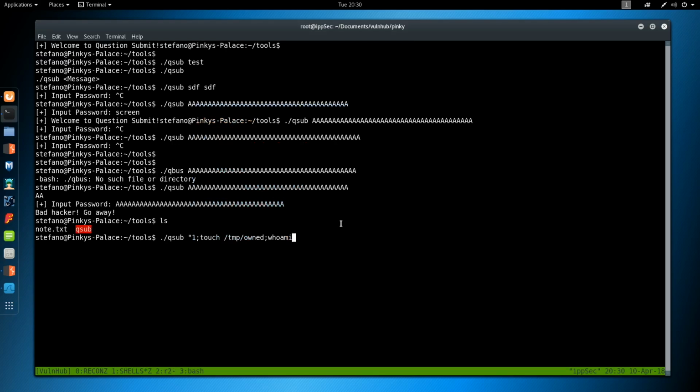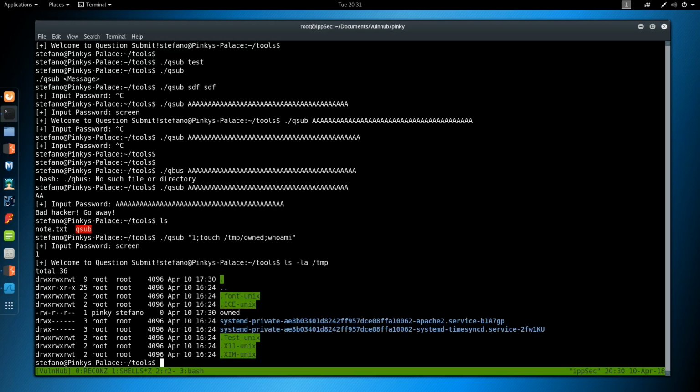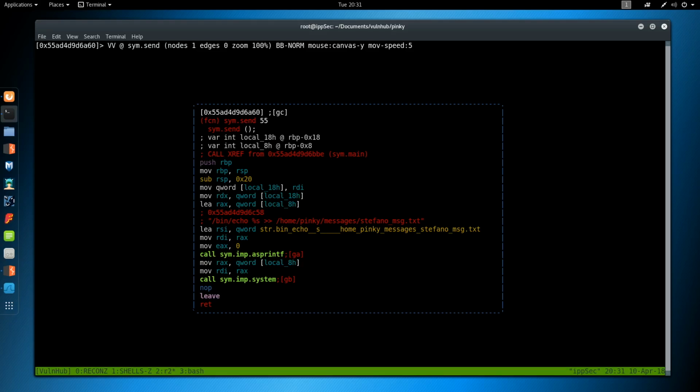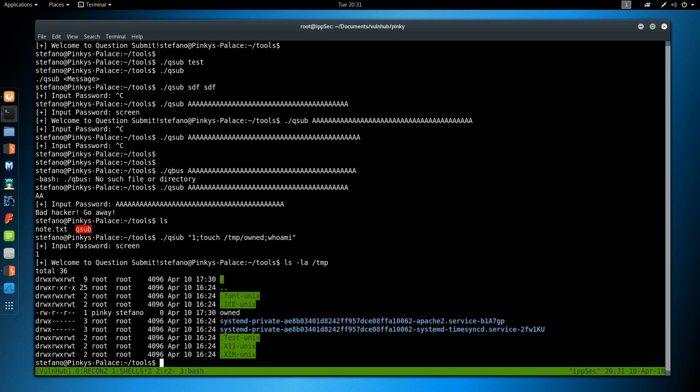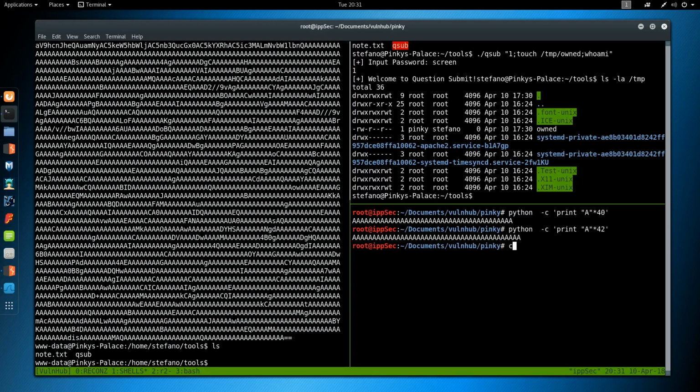Whoami. So if we do this, input password screen, we see it submitted. If we do ls on temp, we can do -la. We see owned, and Pinky is the owner of that because of the SetUID stuff. So the way to take advantage of this is we're going to go into opt